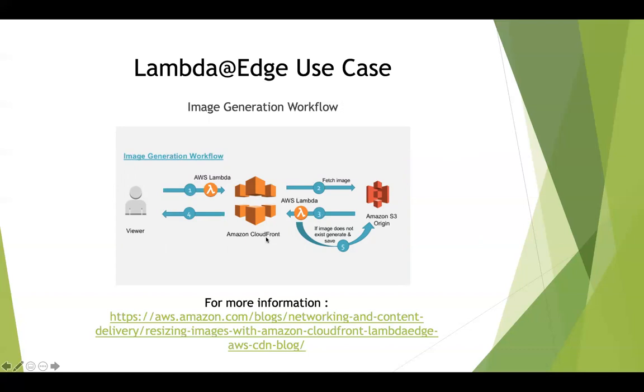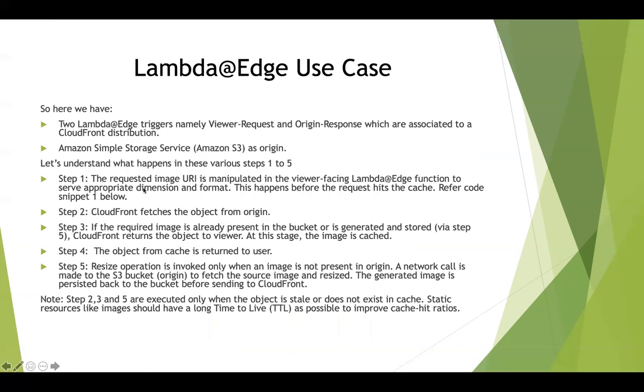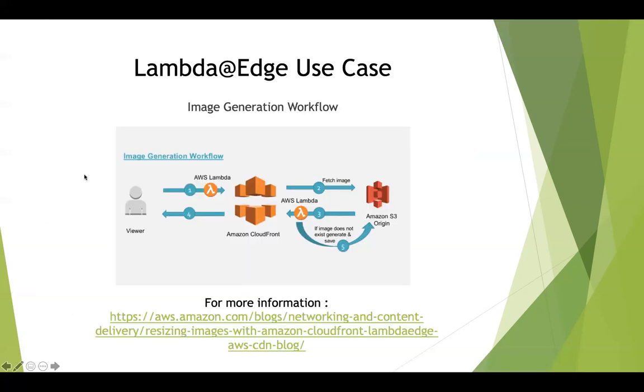Okay. So how do we have such use cases? You can go ahead and read this blog for more details, and even the function code has been given in this blog, but we are going to look at some of the steps. So we have 2 Lambda functions, at the viewer request and origin response. Step 1 is where we have our first function. At this particular junction at the viewer request, this Lambda function will run first, and only then will the object be checked whether it's in the edge location or not.